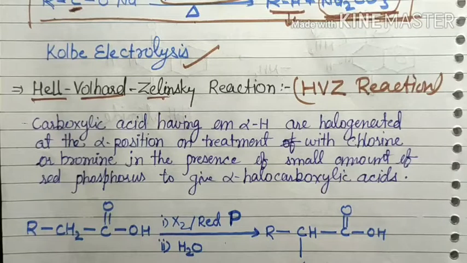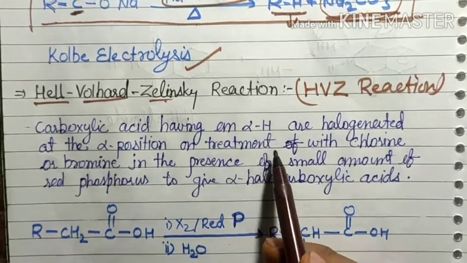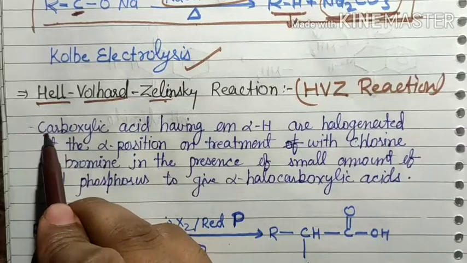So this reaction is also related to the alpha hydrogen. How is it related to the alpha hydrogen? Because you know various reactions, that is aldol and Cannizzaro, related with the concept of the alpha hydrogen. So here is also a concept of alpha hydrogen. So now move to the text.